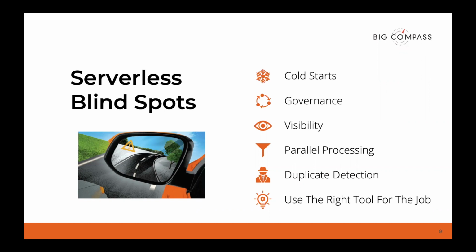And the next blind spot is duplicate detection. This blind spot bites almost everyone. It's bitten me before, and it can be a silent killer, because it can easily slip through QA testing. A lot of times you don't have the capabilities to actually test a duplicate in QA. And if you're not aware of this, it can come to bite you in production, which is some of the worst fear for all of us, as developers and architects and API practitioners and so on and so forth.